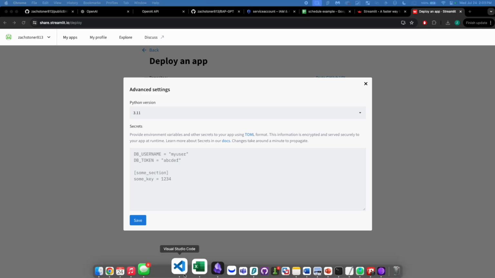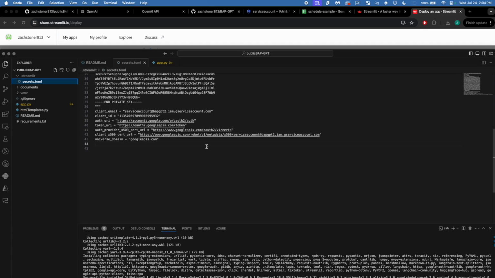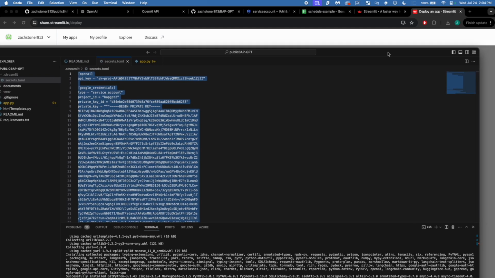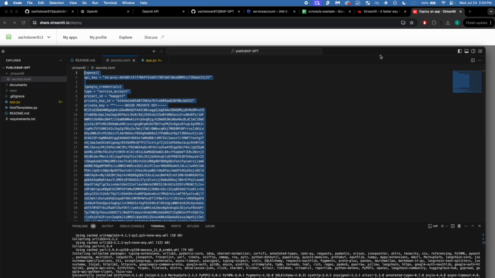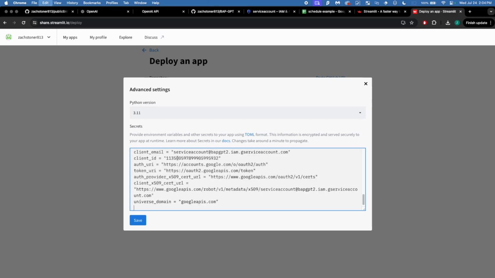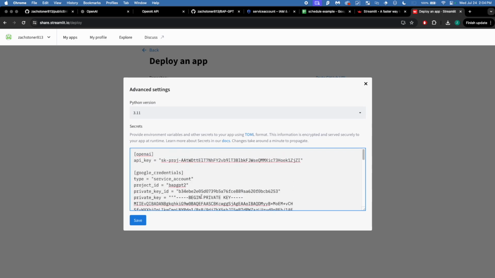So if we go to our VS Code, we're going to go over to secrets.toml, and then we're going to copy all of this. Control C, because this is a part of our git ignore, which means it didn't get pushed to the repository, so nobody else has access to our secrets, but that includes Streamlit. So we got to give them access to our secrets. So we Control V and add all of the secrets that we painstakingly hand wrote out,